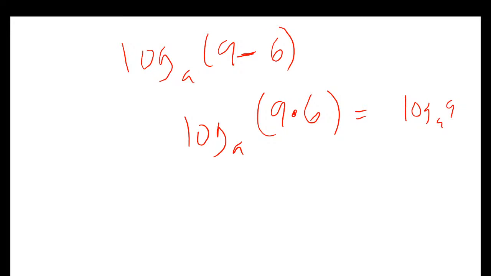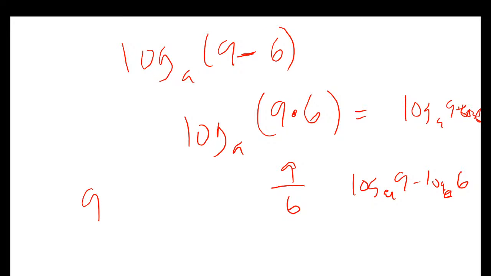There's no property that deals with subtraction. See, remember, the only properties we have are what? We have multiplication that we can switch to addition. We have division that we can switch to subtraction. And then we have powers that we can move out front. Does that make sense? So I can't do 9 minus 6, but I can